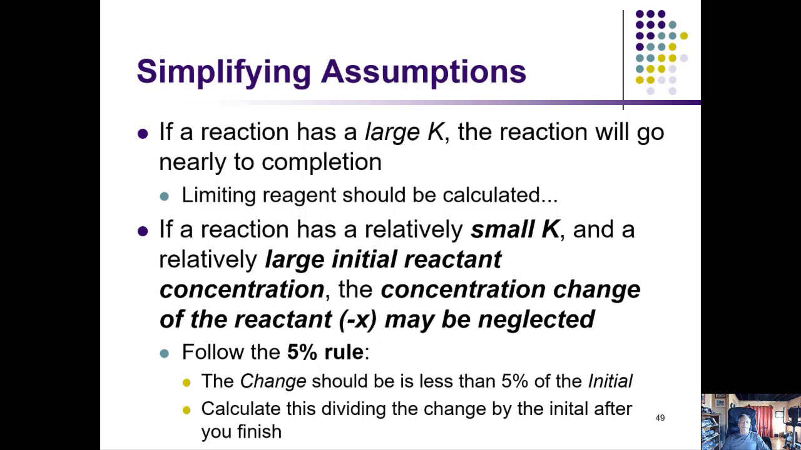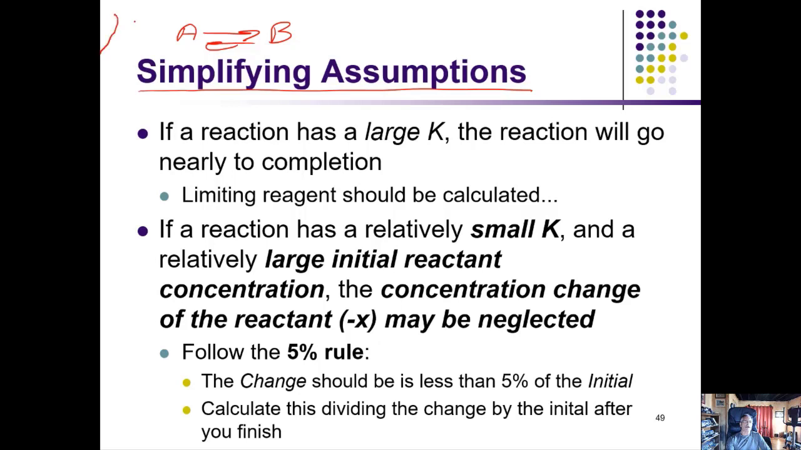So let's try to make the algebra a little bit easier for most of these reactions. In order to do that, we have what we call simplifying assumptions based on the actual chemistry that's going on. So let's say a reaction has a really large K. Well, if you've got a really large K and the reaction is A going to product B,